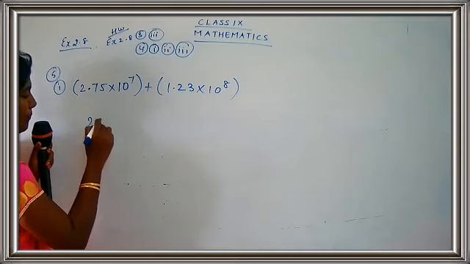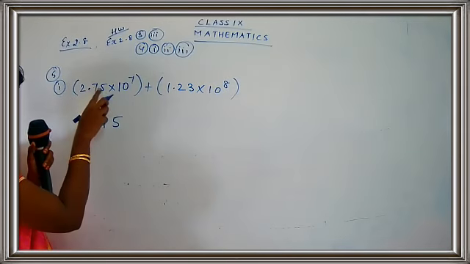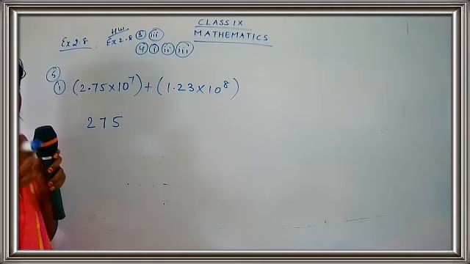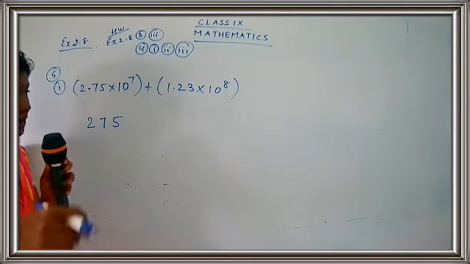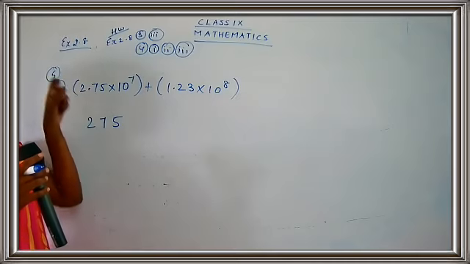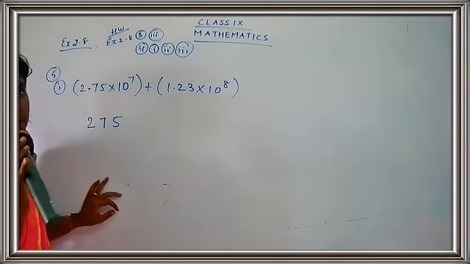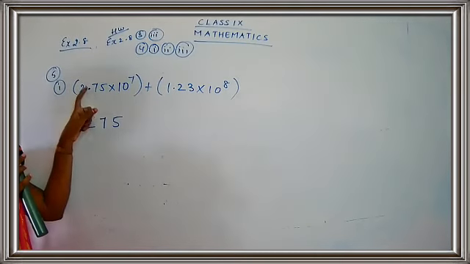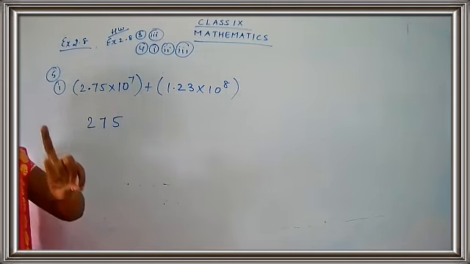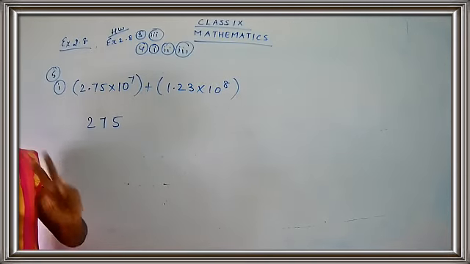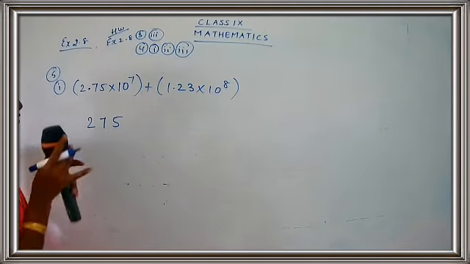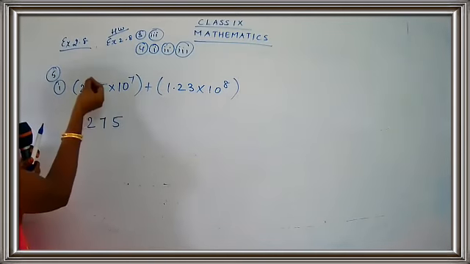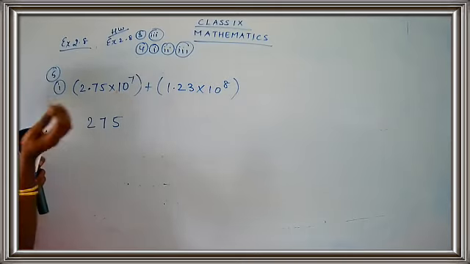So to make 2.75, it's not read as 75, children. You have to always read the number after the decimal point as single digits: 2 point 7 5. Okay, so I want to remove the decimal point. I need to multiply by 100. That is, I need 2 zeros. So what I'm doing is I'm going to borrow 2 zeros from here. I borrowed 2 zeros from 10 raised to 7.